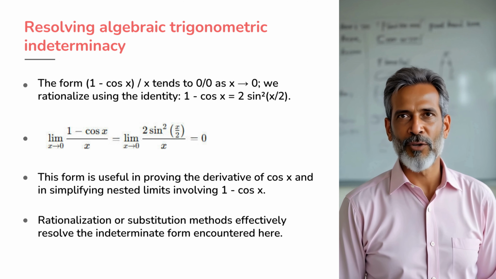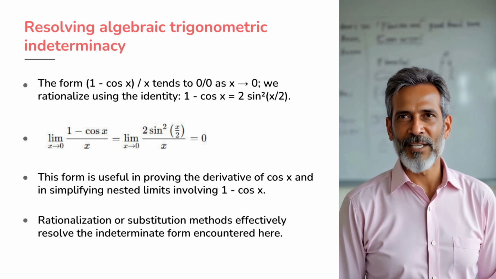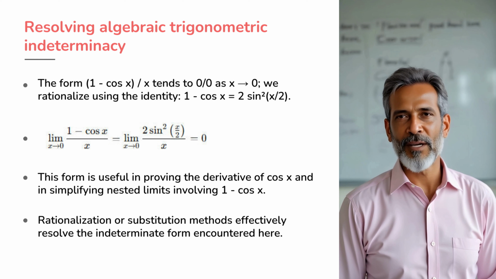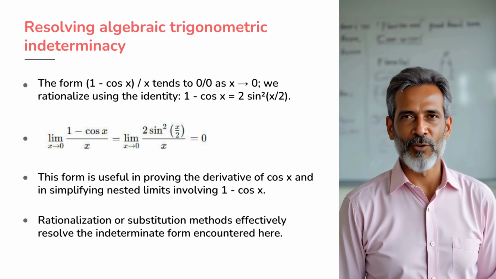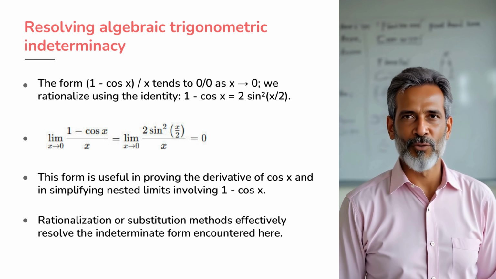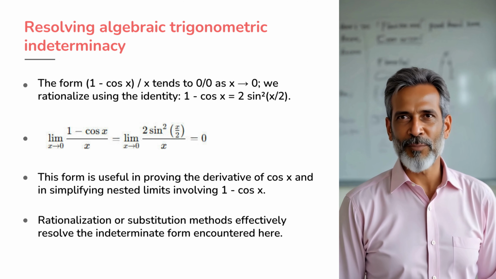But all is not lost. We use the trigonometric identity 1 minus cosine x equals 2 times sine squared of x over 2. This transformation helps us rewrite the original expression as 2 times sine squared of x over 2 divided by x. As x approaches 0, sine of x over 2 behaves like x over 2, because sine theta over theta tends to 1 near 0. Putting this all together, the whole expression tends to